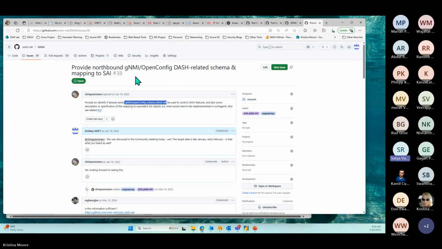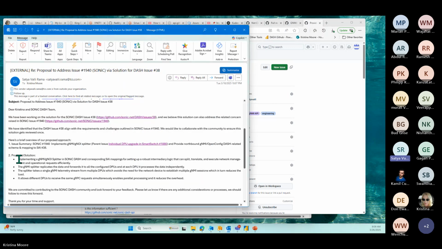For this, we want to take the SONiC 1940 open item as a solution, and provide the solution under SONiC Dash. Our proposal is to implement a gNMI gNOI splitter under SONiC Dash through to the SAI mappings.